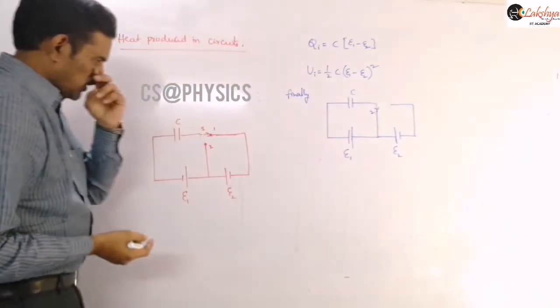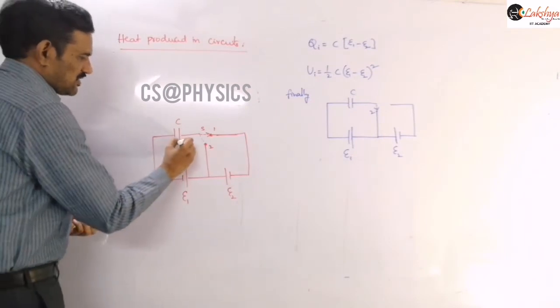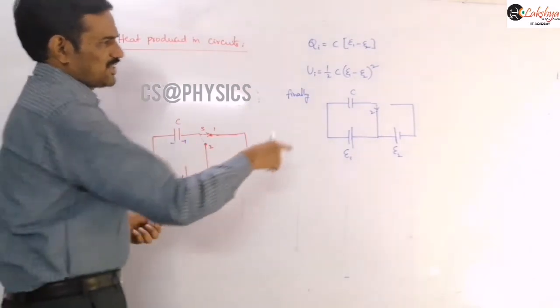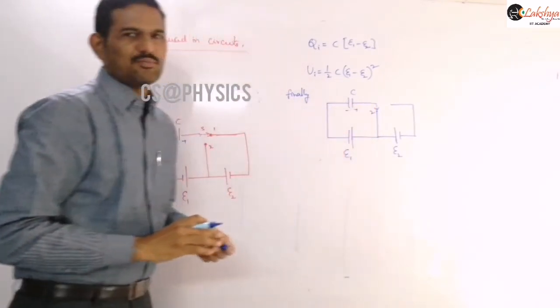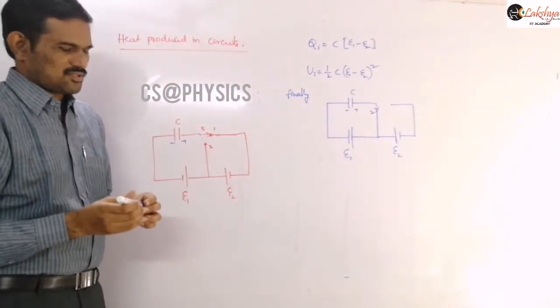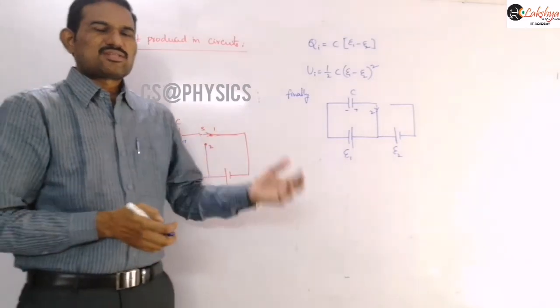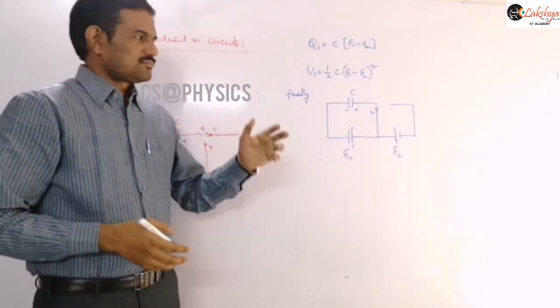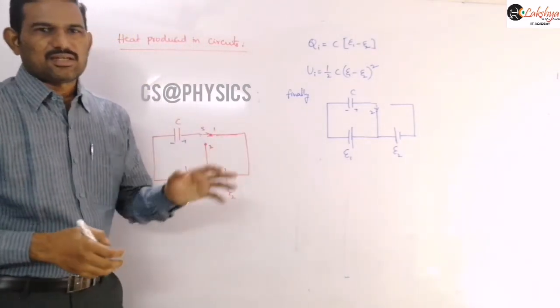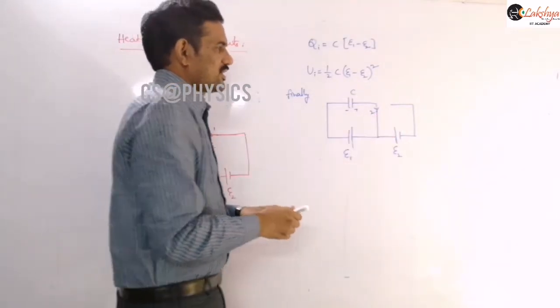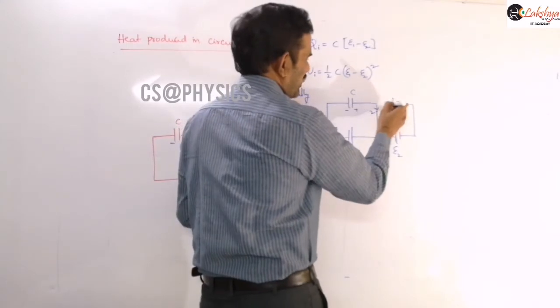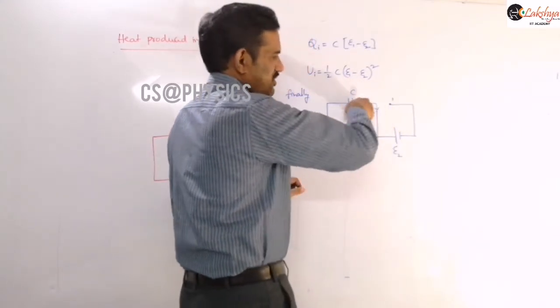Initially and finally also you can observe that this plate only will get the positive charge. So there is no change in the polarities of the capacitor. Only as the potential difference across the capacitor is changing, there will be changes in the charge on the capacitor here, right? Now clearly you can observe that this is our terminal 1. So from 1 to 2 we are shifting that switch here, just turning the switch like this.